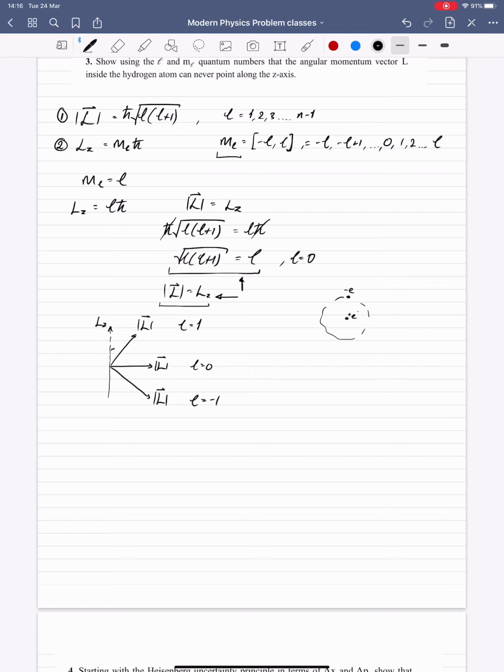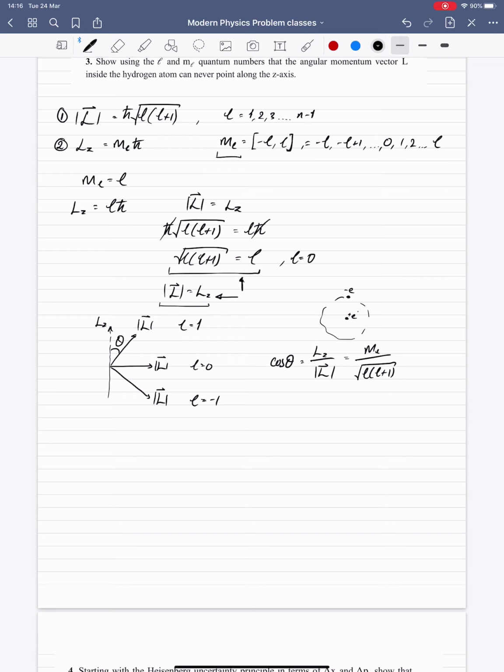And we have the angle between the two, right? So we know that the cosine between the two angles must be equal to